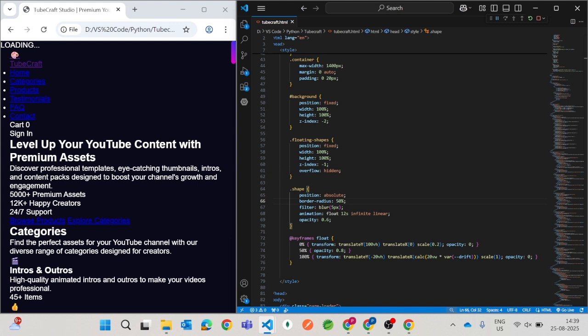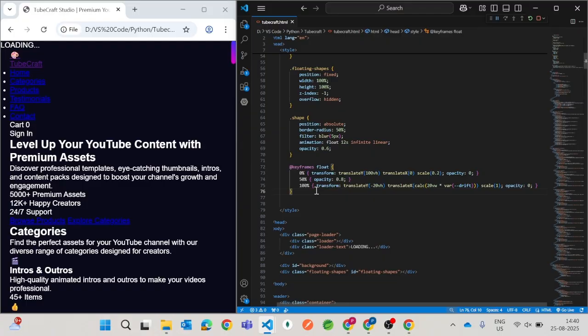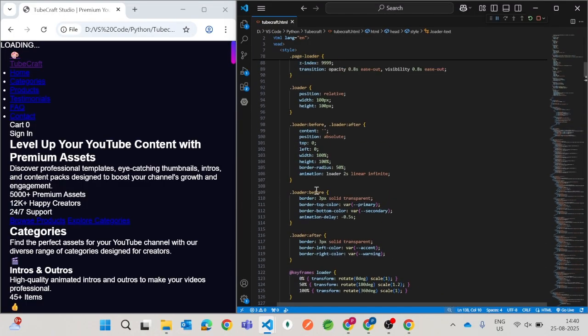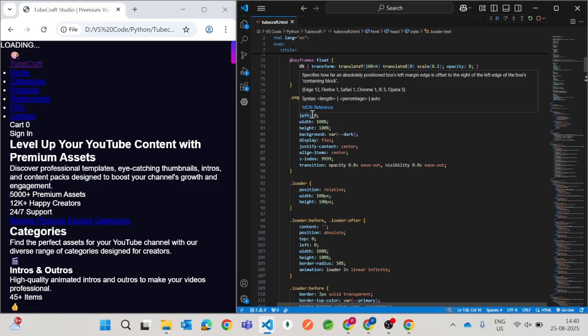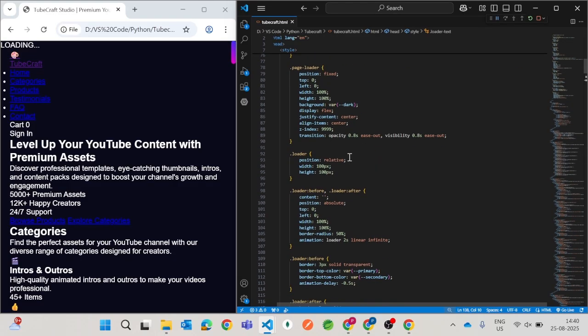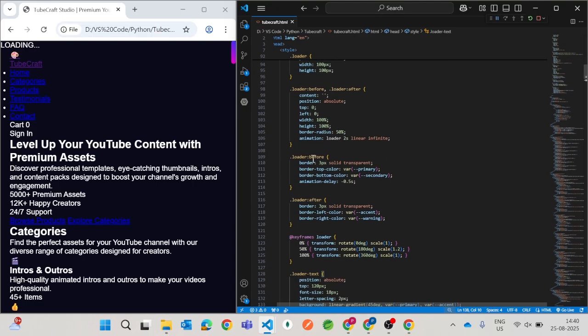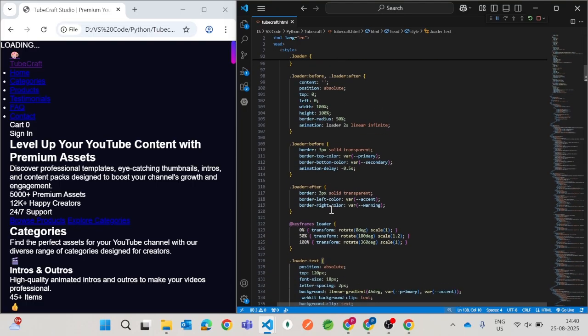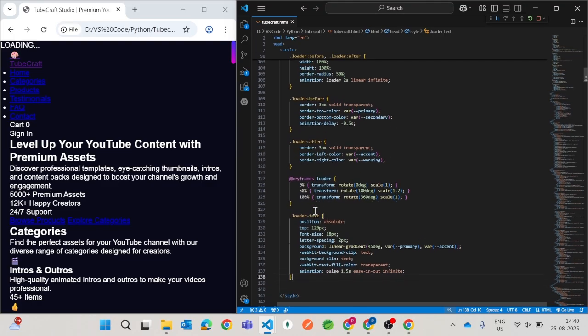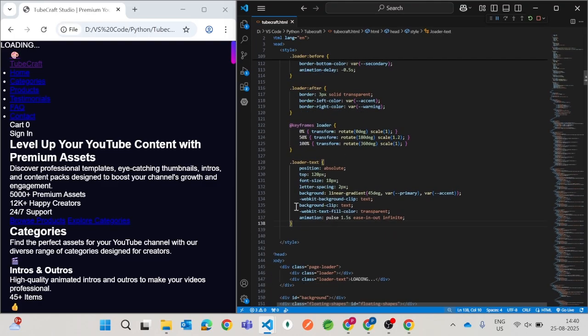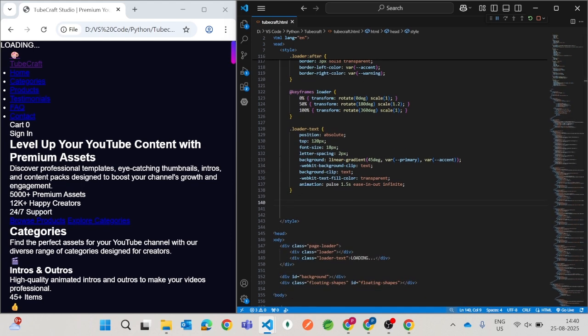Then we have a page loader content before, after, and I'll paste the loader text is visible. So this is my page loader content, this is my dot loader, this is the page loader before, this is the page loader after. Then we have a loader before, we have a loader after, and we have a keyframes for the loader, and we have a loader text. So once this is done, we will go with the